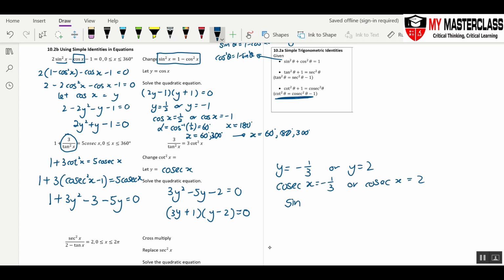Flip it around: sine x equals negative 3. This one has no solution because the minimum value of a sine curve is negative 1. Sine x equals half. First and second quadrant, the basic angle equals inverse sine half, that's 30 degrees. So your x equals 30 degrees and 150